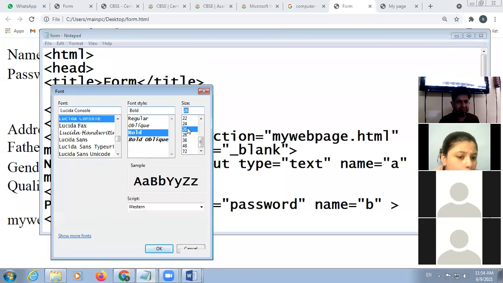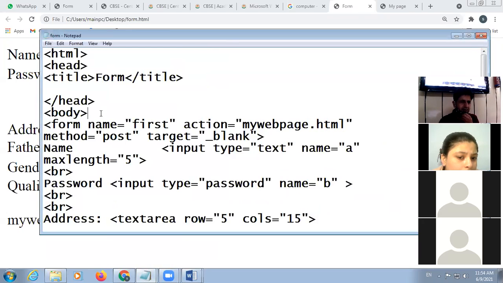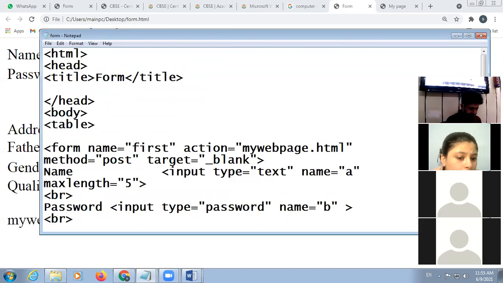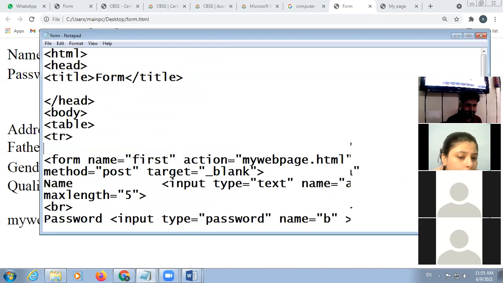In order to organize your data, I'm taking the table tag here, then start with tr, then start td. Use it after the form tag.